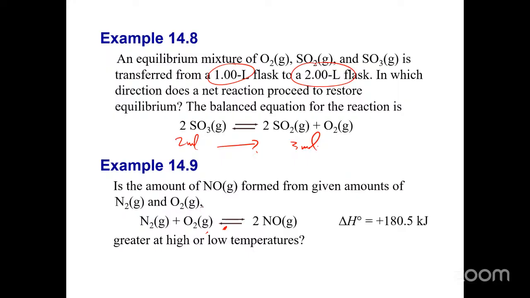Okay, and then this one here has to do with whether the amount of NO formed is greater at higher or lower temperature. Basically, you're to tell whether you can favor this formation of NO according to whether the temperature is high or low. And here's the hint right here. The reaction is endothermic, right? Which means that you can write it like this, where the change in heat can be seen as a reactant for the purposes of solving this problem, right? So based on that, which would favor the formation of NO? High temperatures or low temperatures?